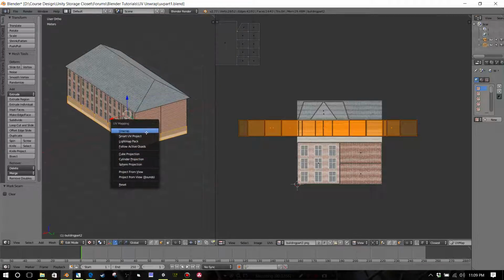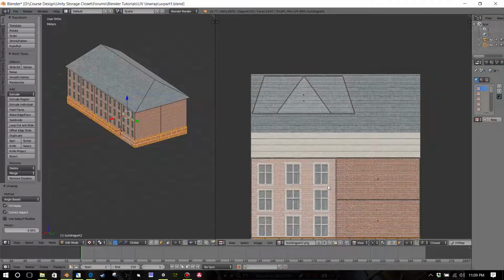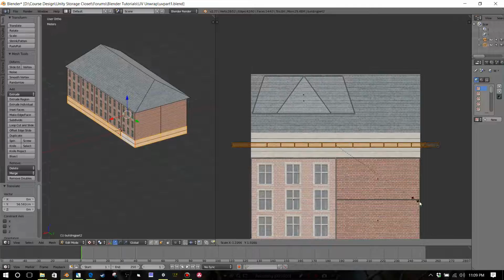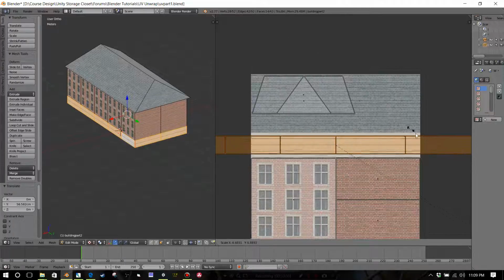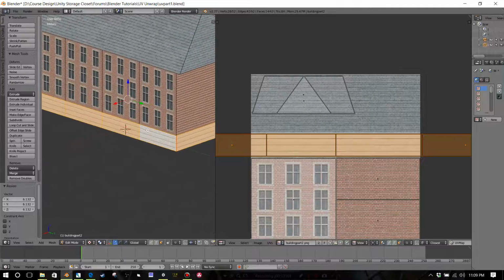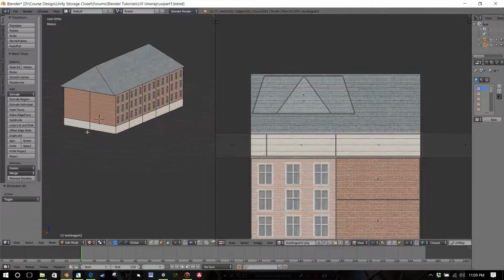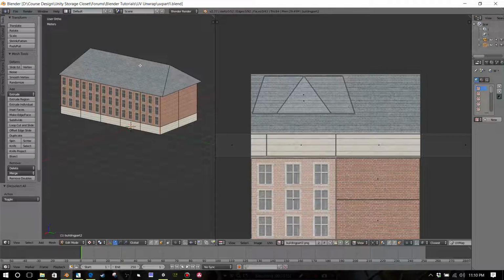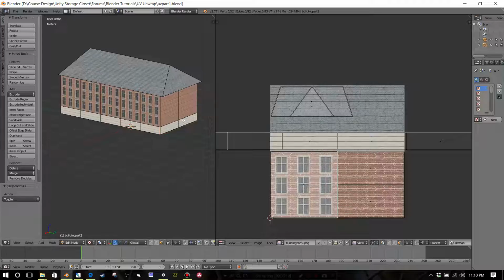U, unwrap, G, S to scale. Cool. A to deselect. Alright, so I like that. Let's save it. Now the one thing before we bring it into Unity, well, two things here. One is let's